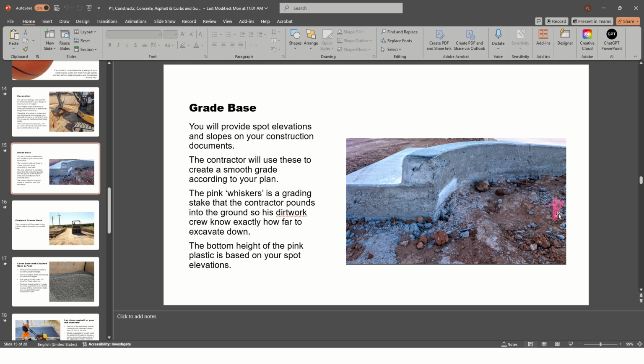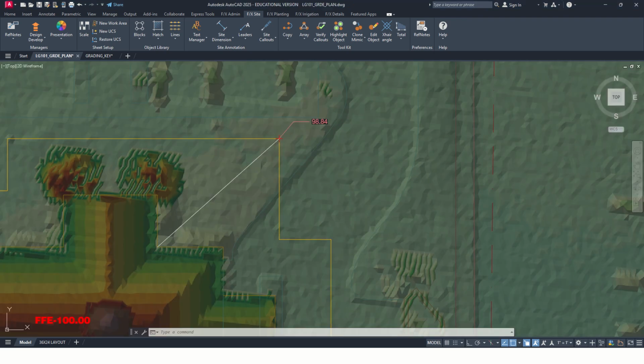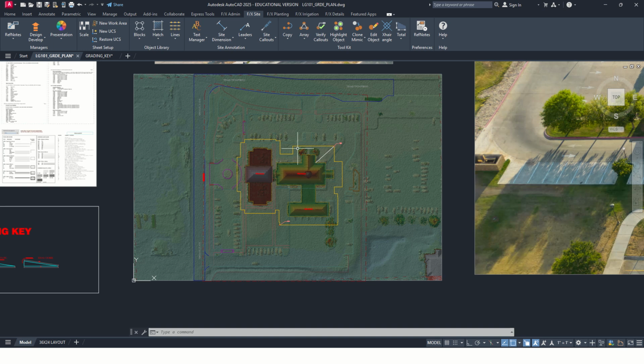Okay, you know what? I think what's going to be helpful at this point is if we turn off our TIN layer. So highlight everything. Go back to